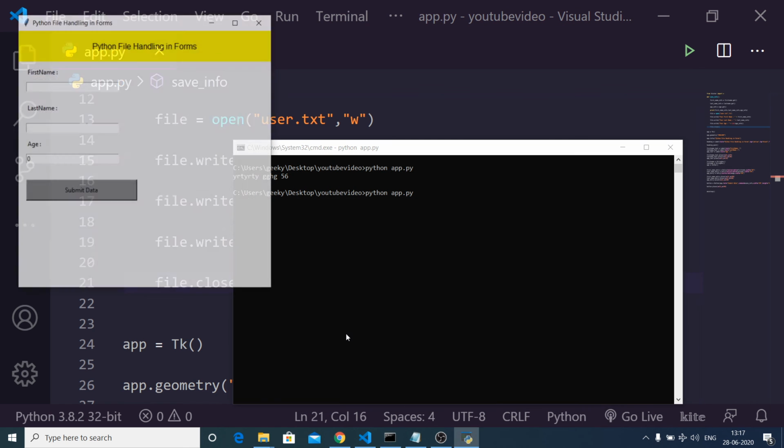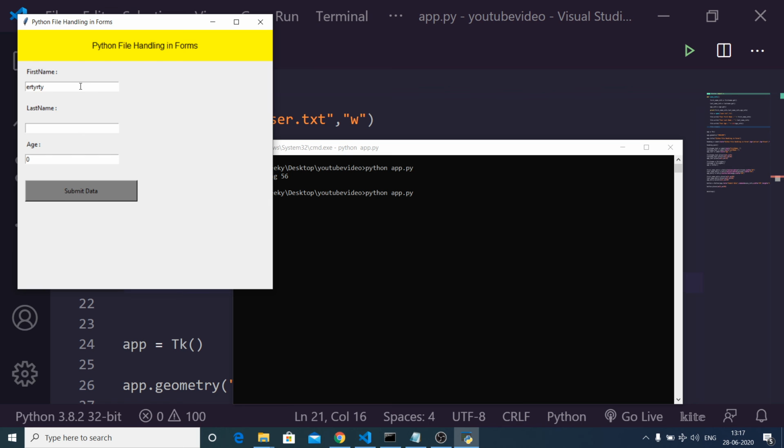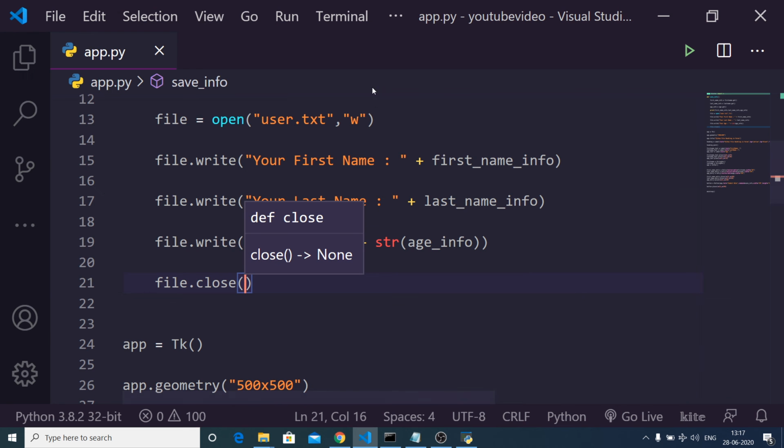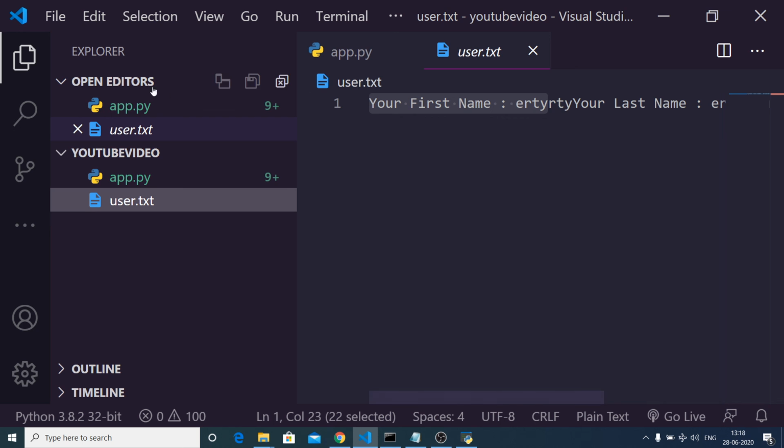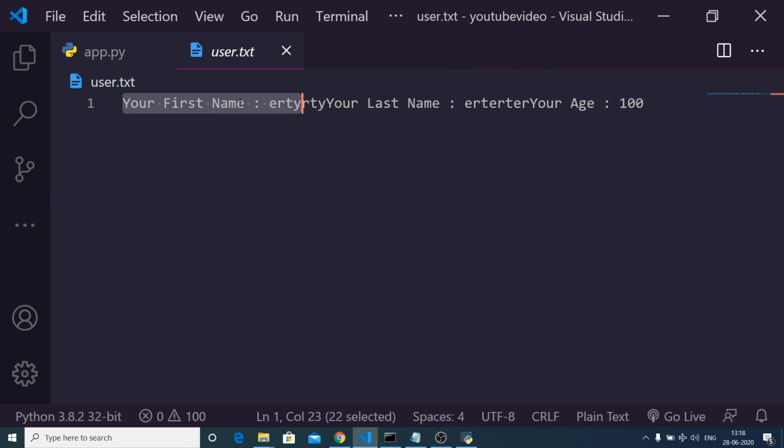Now if I run this once again, if I write the age 100, click submit data, you will see all these entries will be printed. And if I check my user.txt, you will see your first name, your last name, and your age 100.